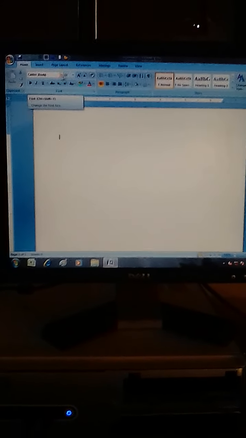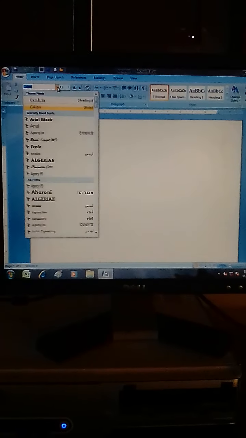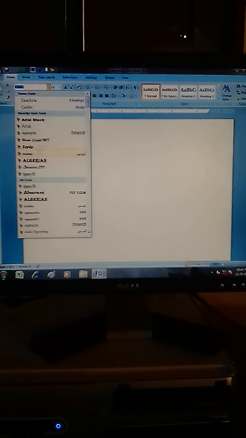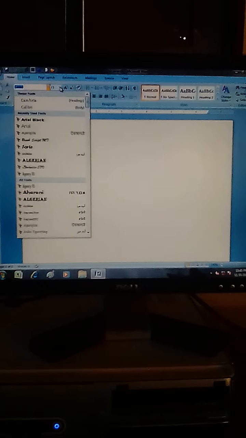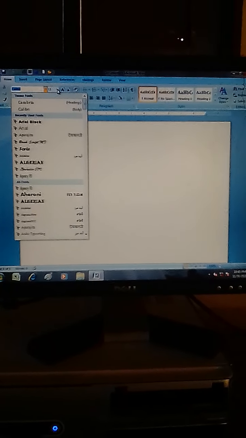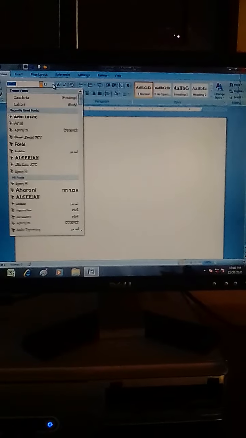First of all we will have to focus on the Home tab. The Home tab is used to edit or format a document. When you click on the Home tab, first of all there is the box of Calibri body, in which different styles of typing are available. The second box is used to increase or decrease the size of the fonts.